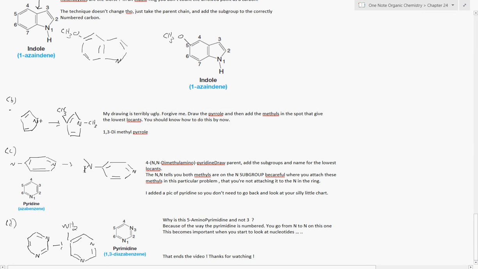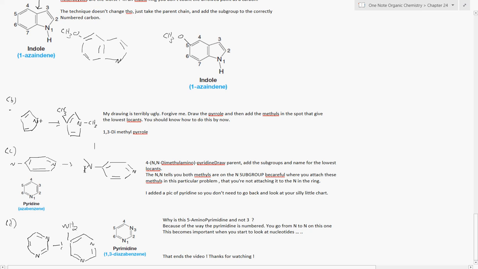So for C, 4-N,N-diethylaminopyridine. You draw the parent, and there's your aminopyridine. And then add the subgroups and name for the lowest locants. So the N,N tells you both ethyls are on the N subgroup on the 4th carbon. So be careful when you attach these in this particular problem, since you're not attaching it to the nitrogen in the ring. You're attaching it to the nitrogen on the 4th carbon. So that's why it's in parentheses,